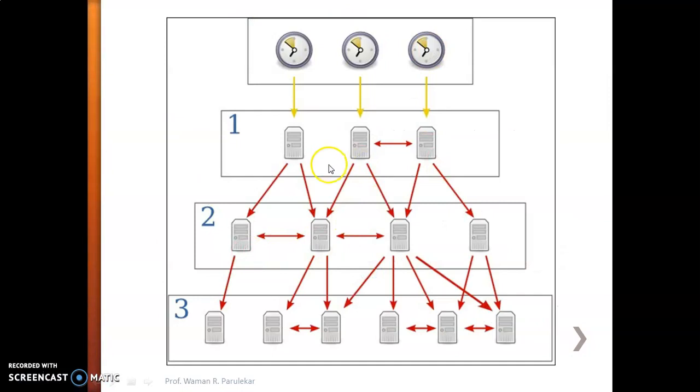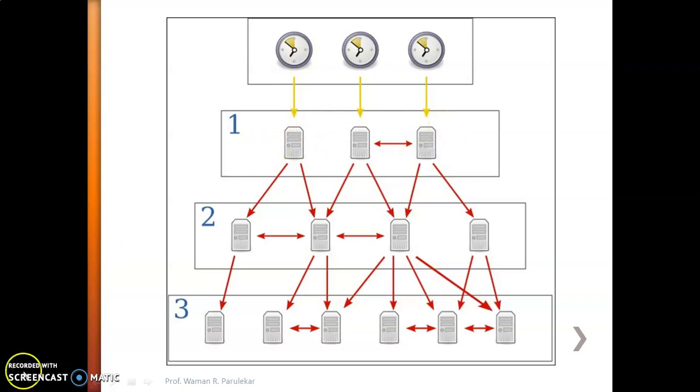Now see the diagram. In this you will observe that there are three levels: level 1, level 2, and level 3. These are called the primary servers, secondary servers, and tertiary servers. And you will observe that all the primary servers are connected to a time source. I have already told you the time source can be anything. Maybe you will use satellite time, or maybe you will use a server time. But the time source will use UTC time. So all primary servers are connected to the time source, and their clocks are synchronized as per the UTC time.